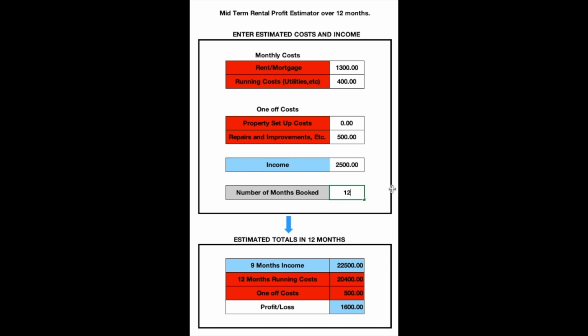We'll end on a good note, and if I didn't have any setups, there we are, 9,100. So we'll end on that note. That's the absolute potential maybe in this scenario, which isn't bad profit because I'm paying my mortgage, I'm covering all my costs, and I'm getting 9,000 at the end of the year. So I just wanted to show you how important it is to go into it with your eyes open, know your numbers, and I do hope that you found this video informative, that it will help you in your